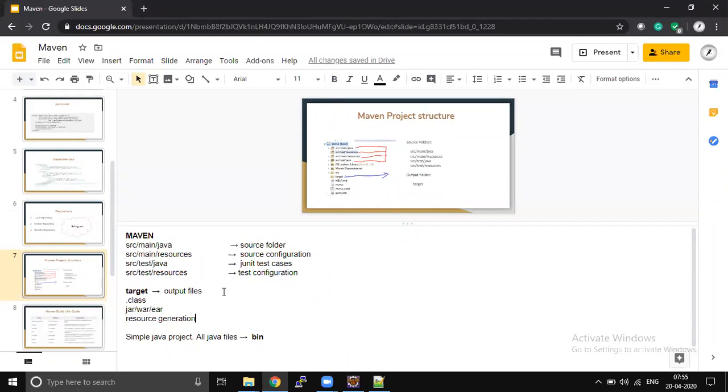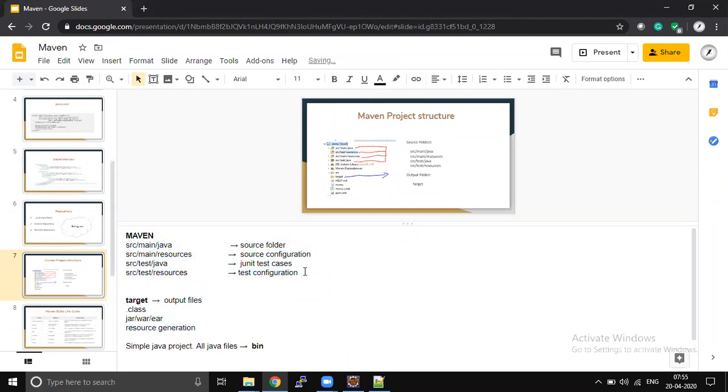We don't go with the customization, we go with the default configuration. Okay, so this is the folder structure for Maven. So when you create a web application, right? Whatever we are discussing, it is for a simple Java application, or it is for microservices also. Whatever I selected, it is for microservices also.